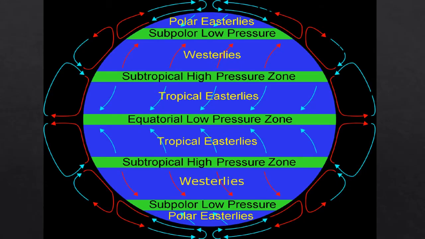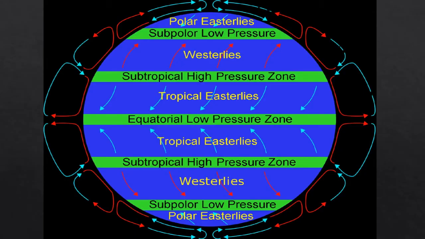On the surface of the earth, the winds move from high pressure regions to low pressure regions. That is, from the subtropical high to the equatorial low in the northern and southern hemisphere. These winds bend to the right in the northern hemisphere, and in the southern hemisphere the winds bend to the left. And this is described as the Coriolis effect.